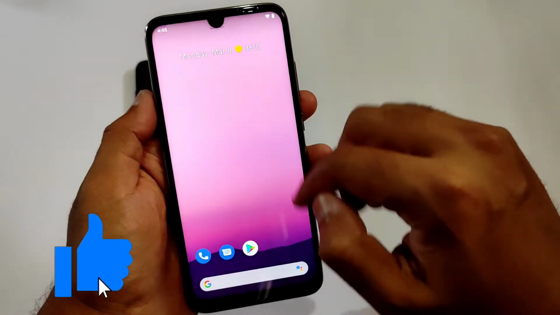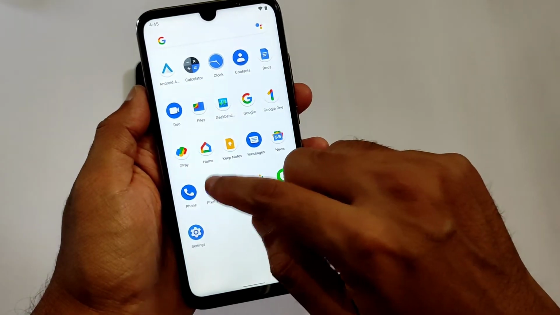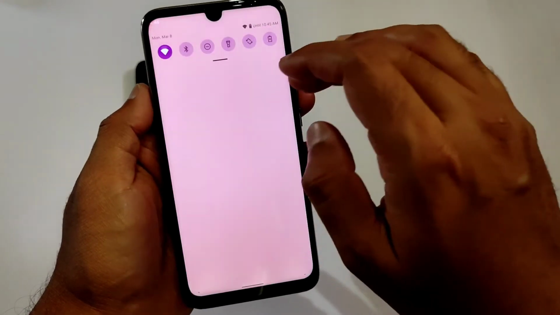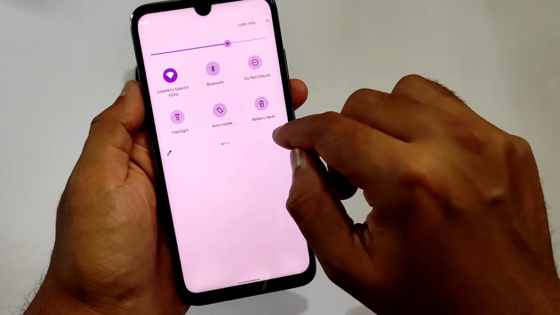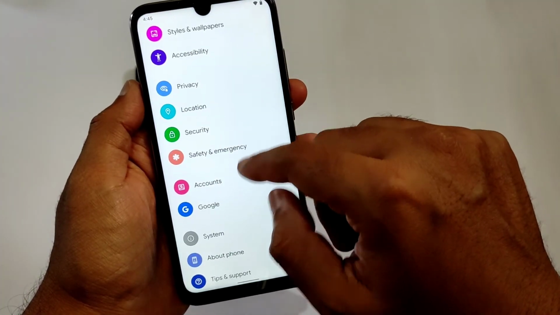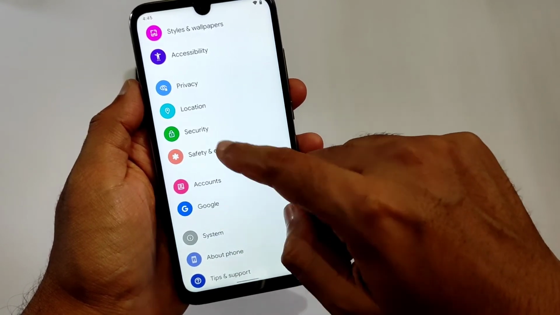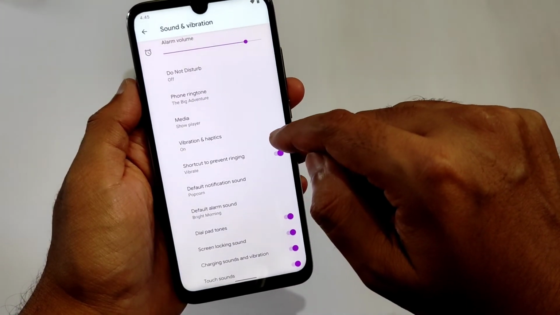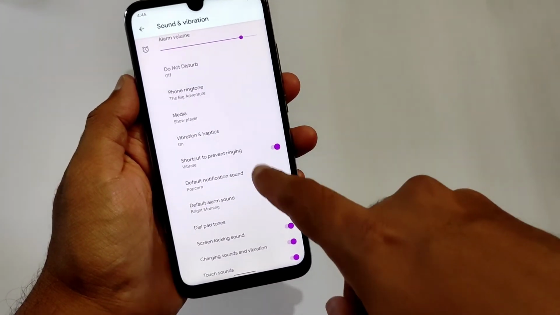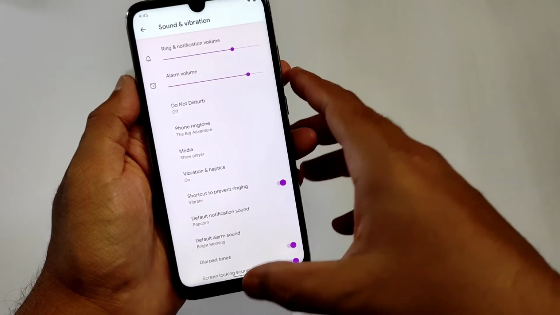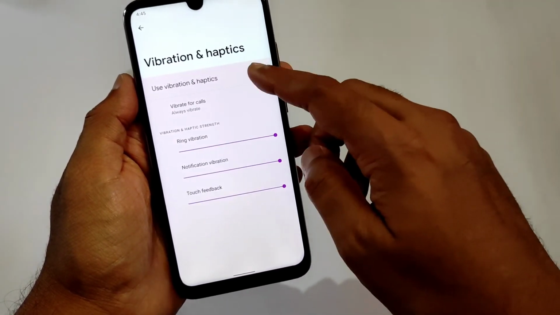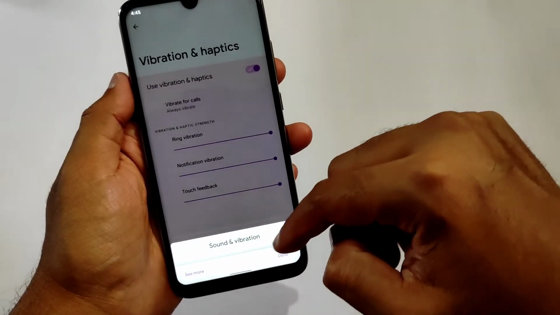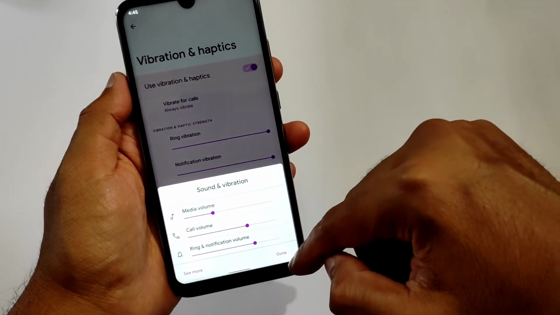Even the swiping down, even in the app, it adds everything. These are all the Pixel tips, you will get a separate app for it. And that's the quick settings panel you get in this ROM. That's the Android 12 for Redmi Note 7 Pro. As you can see, the settings panel, it's a very smooth user interface as of now. These are the sound and vibration settings, nothing new. One thing I am noticing everywhere is the pink type of theme here, even on the bottom side. It's like one-handed usage, maybe better in Android 12.